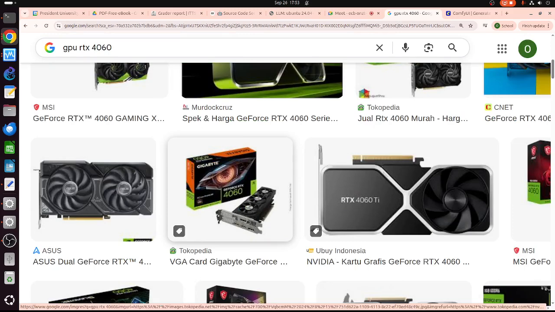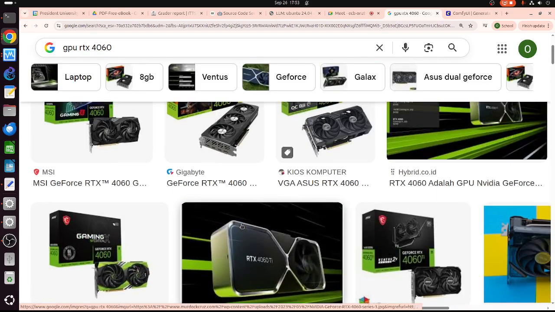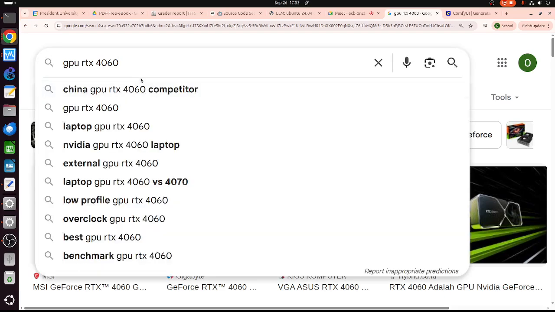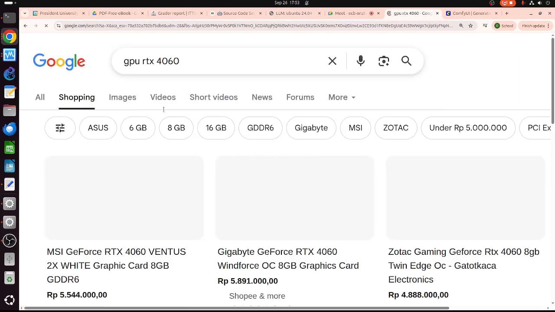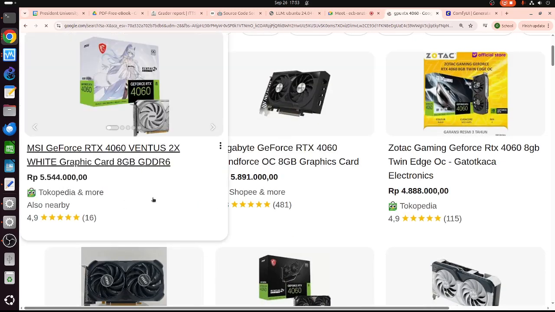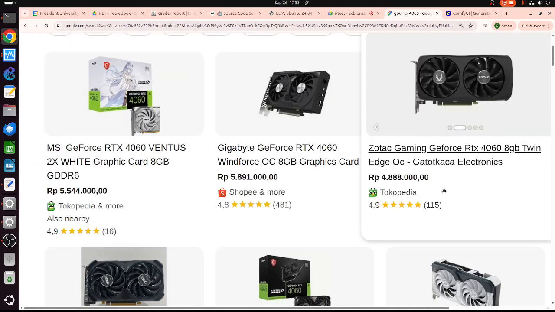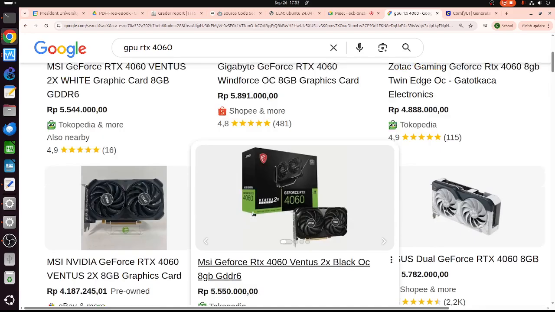So this is for gaming, for video interface. This is quite capable for playing around with this thing. Of course, let me see. If we shop, it costs about 5 million rupiah. So it's quite expensive. Same as a single laptop.